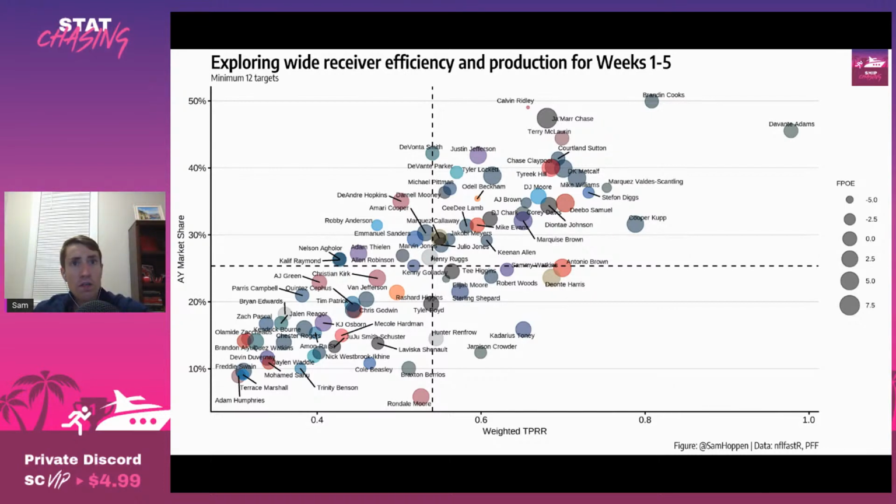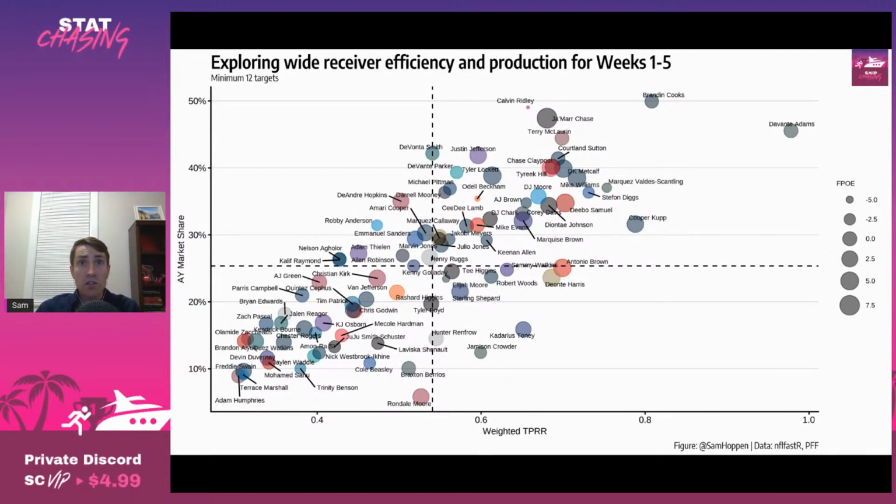Closing this out with Terrace Marshall, after his 6-target outing in Week 1, Marshall has not totaled more than 5 targets in a single game, and in 3 of the last 4 games, he only has 3 targets. So the good news is that Marshall has hit season high marks in routes rate, at 78% each of the past 2 weeks after not being over 68% in any week before that. Marshall seems like he is one of the primary slot guys right now.